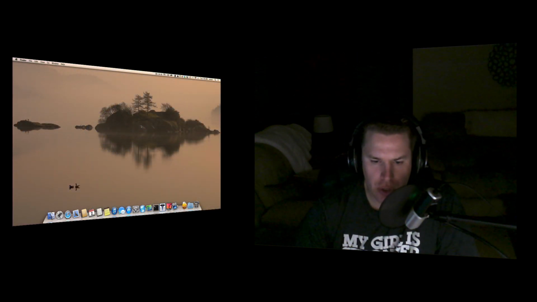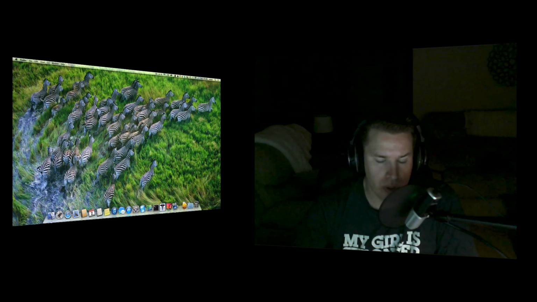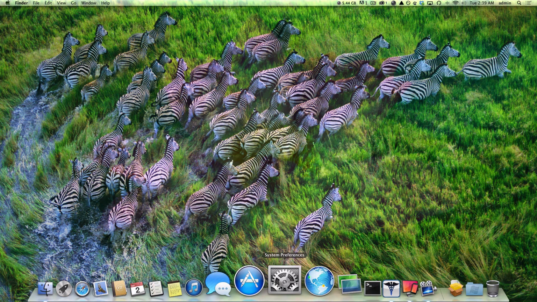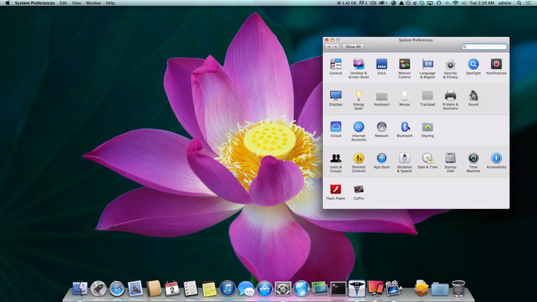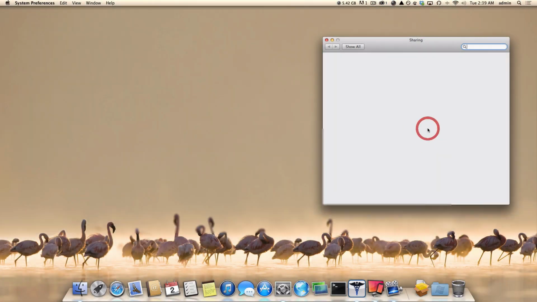I'm going to show you how to enable screen sharing, and then I'm going to show you what screen sharing looks like when I'm connected to another computer within my network. First thing I'm going to do is go into System Preferences. System Preferences will show you at the bottom, actually in the middle, on the right side, Sharing. So go ahead and click on that,